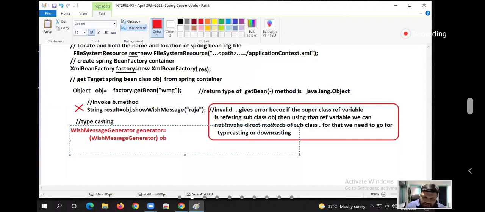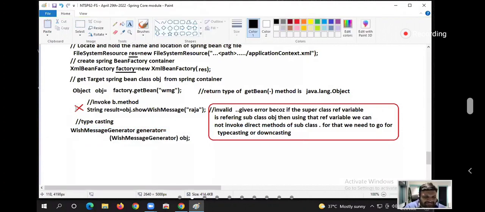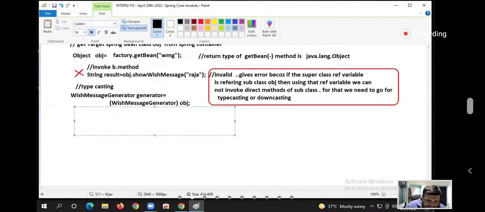Typecasting is done, right? Now, once the typecasting is done, invoke the business method.